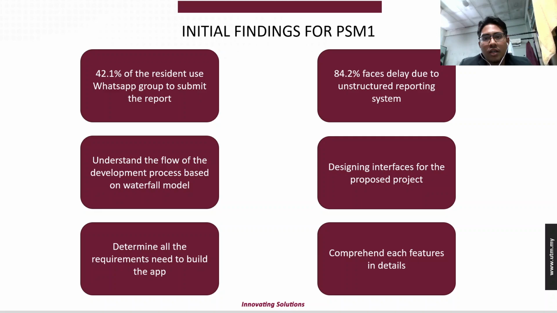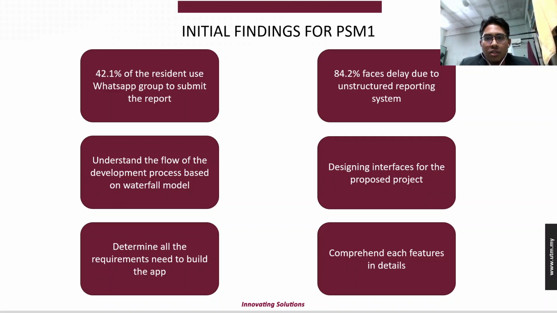The next thing I found during my PSM1 is that I learned to understand all of the flow of the development process. For example, like I said before, there are six phases in the waterfall model. The next is designing the interface for the project.